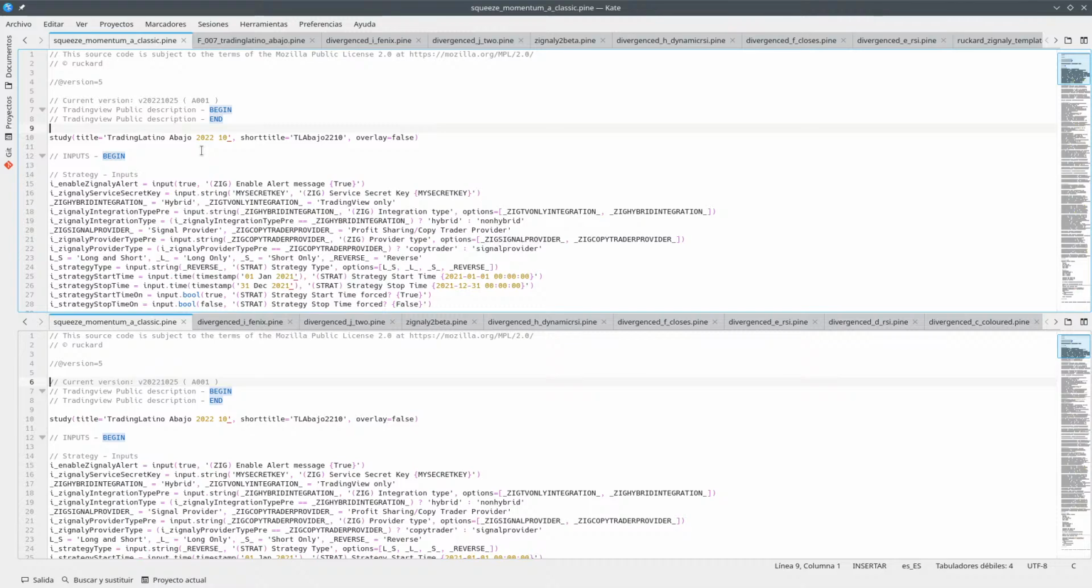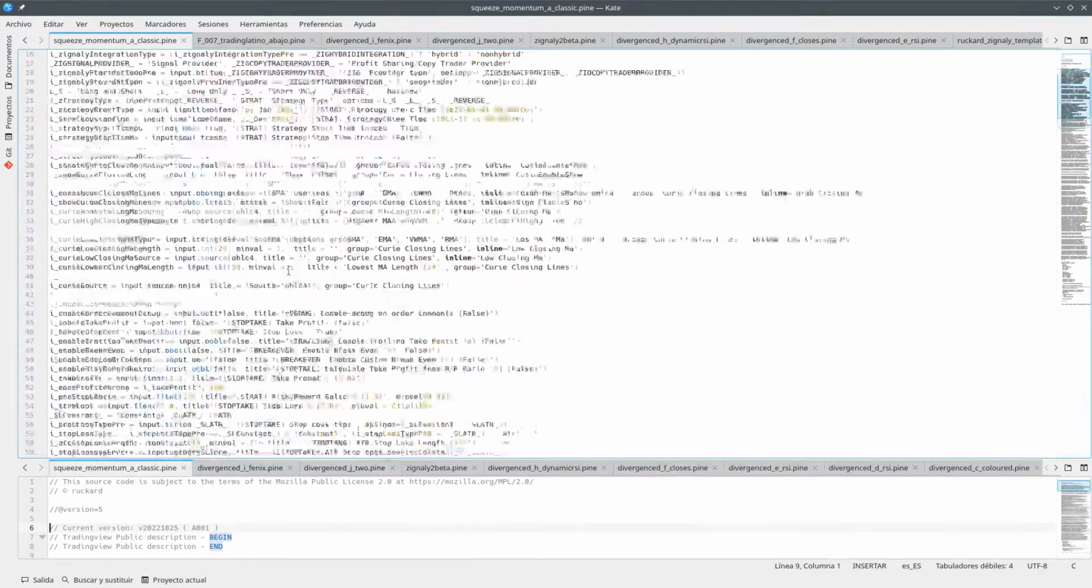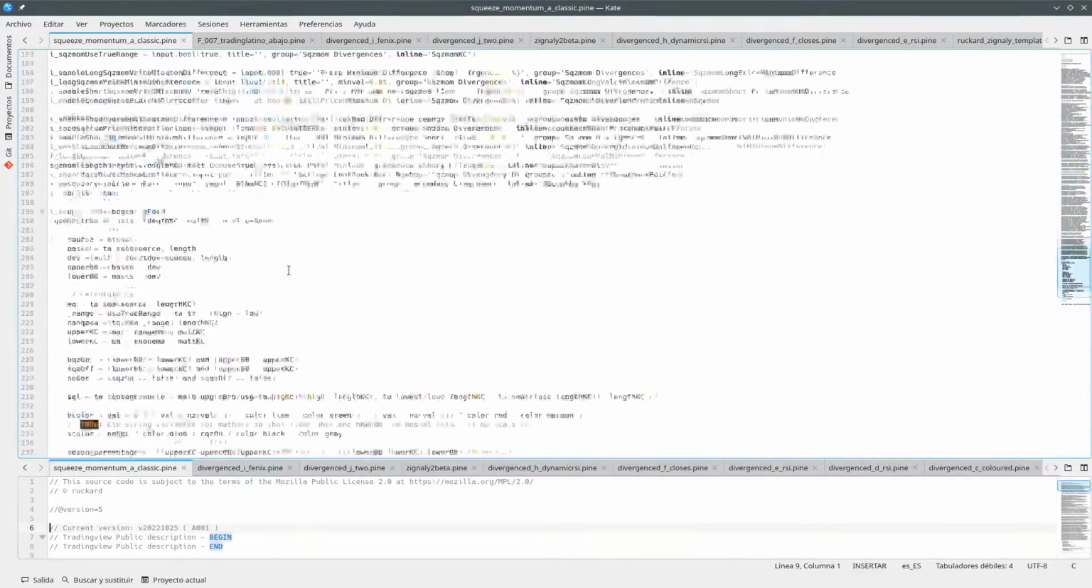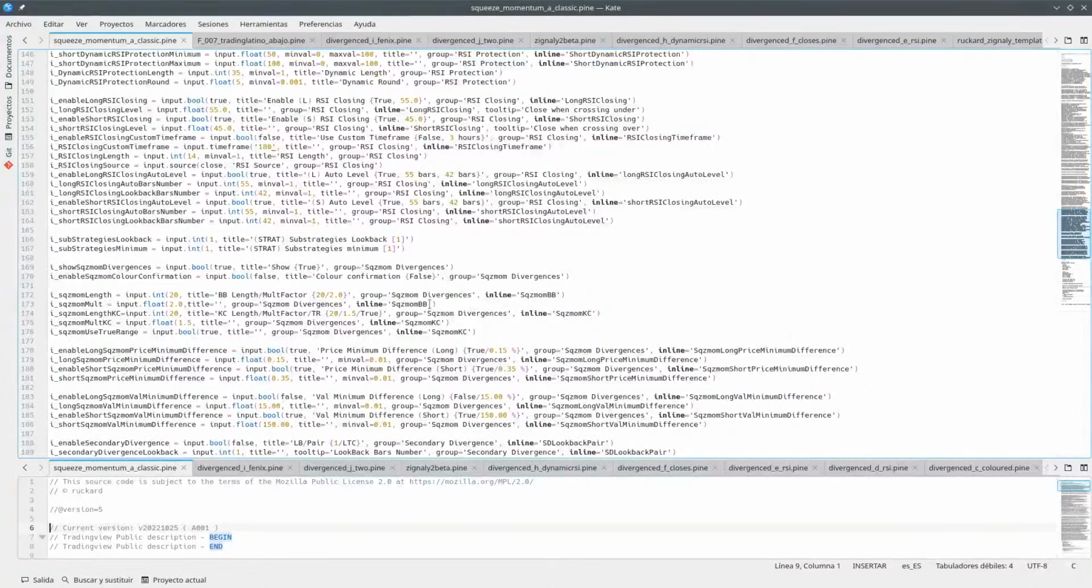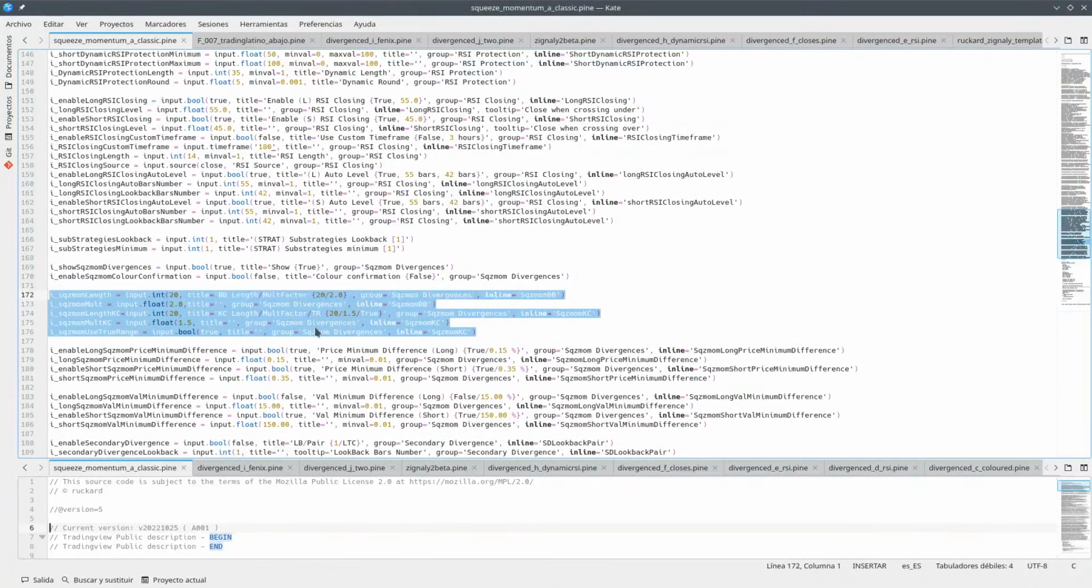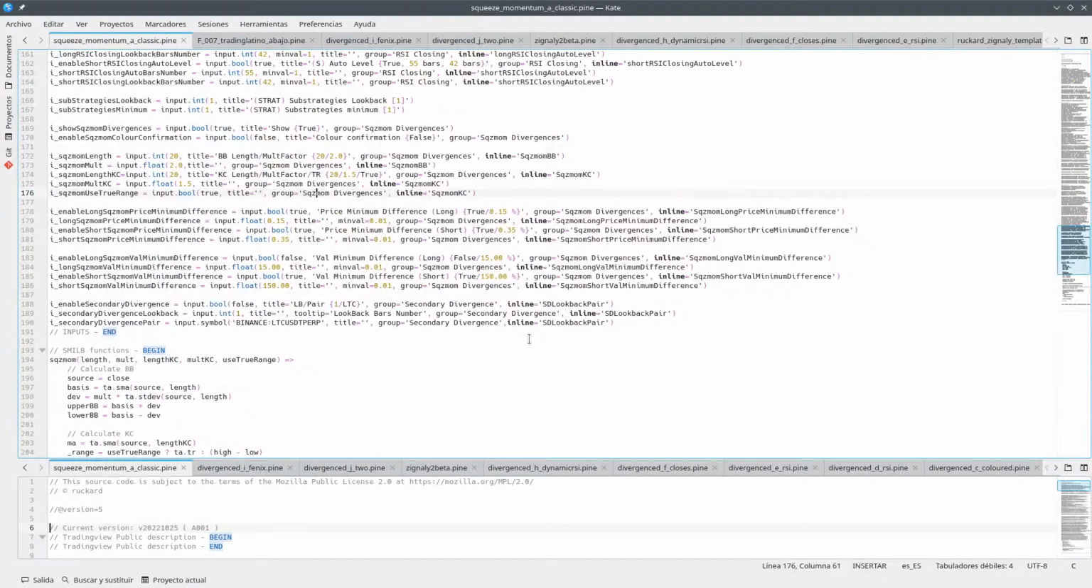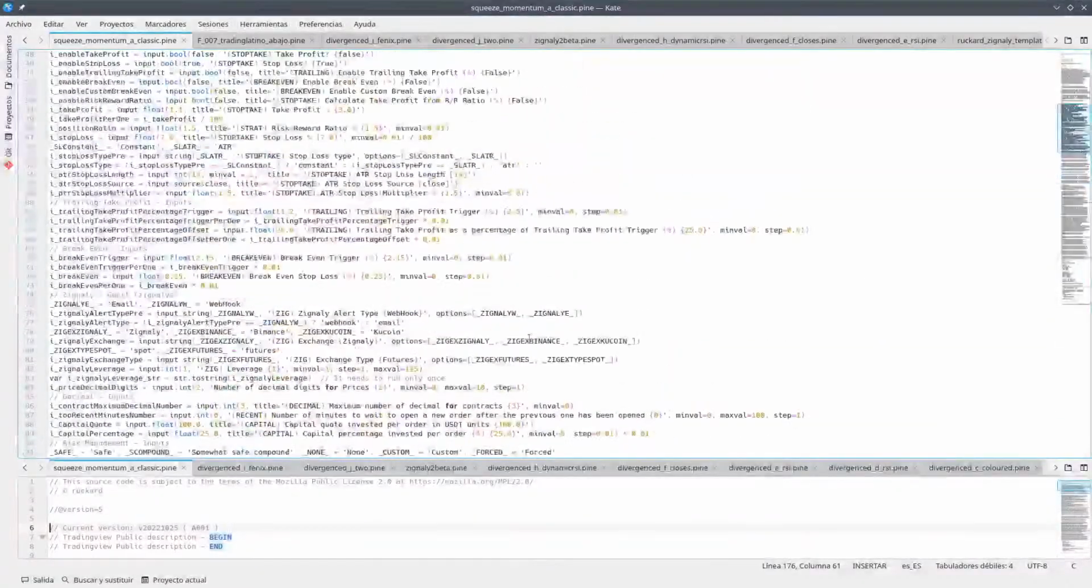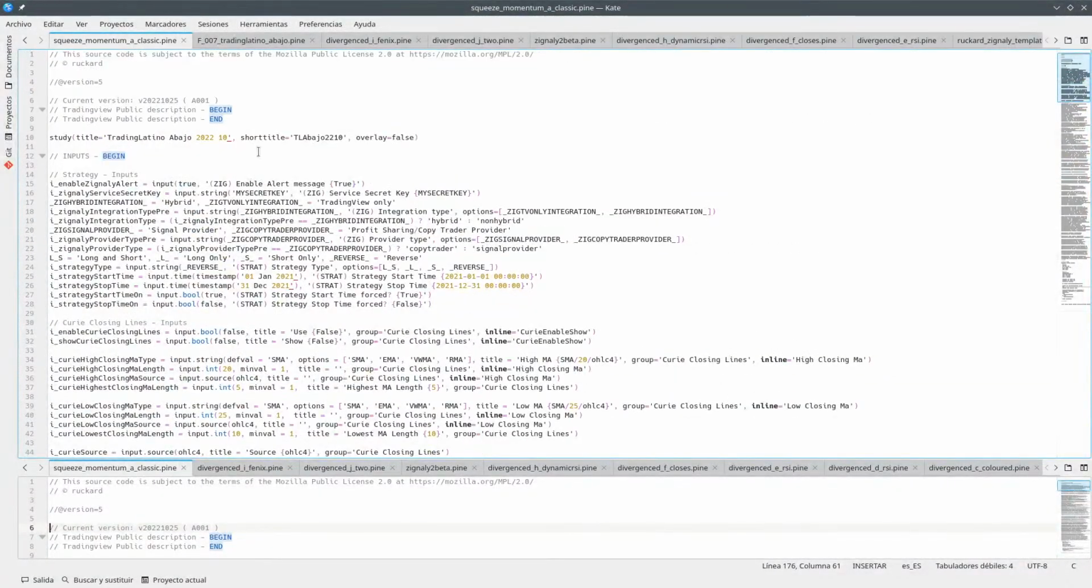Okay, so now we have the Squeeze Momentum Classic. That's what I wanted to use originally. So we were removing a stuff and a stuff and a stuff. So what we keep here is this, and I wanted to keep more inputs for more stuff. But this is something that we are going to do in the next version, because yeah, and we want this